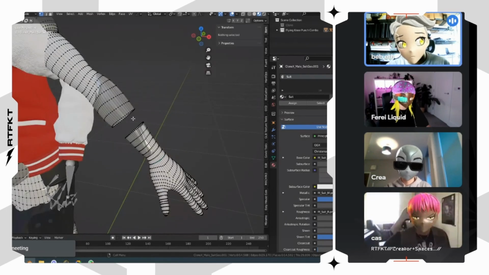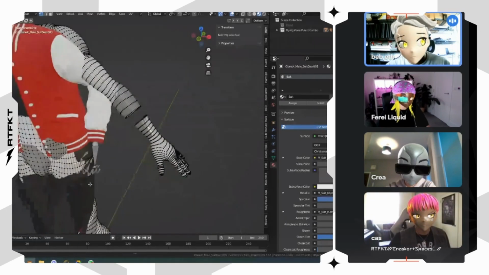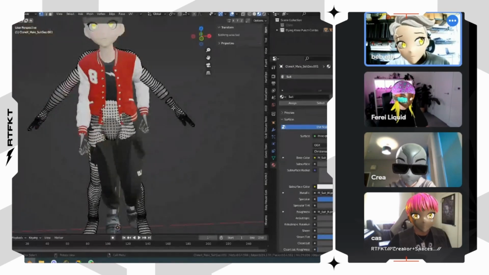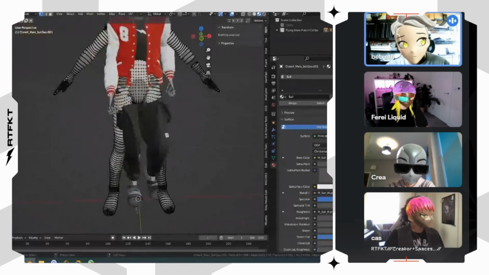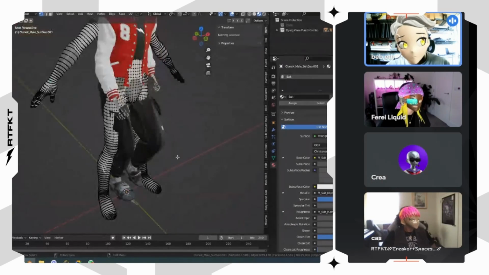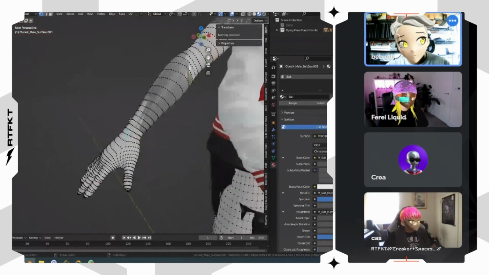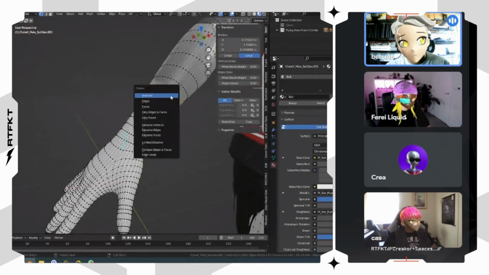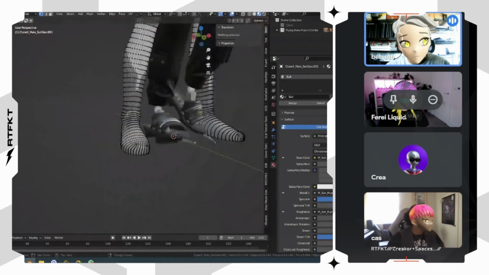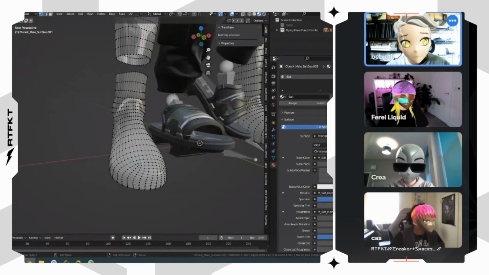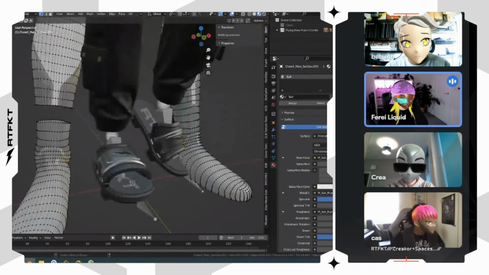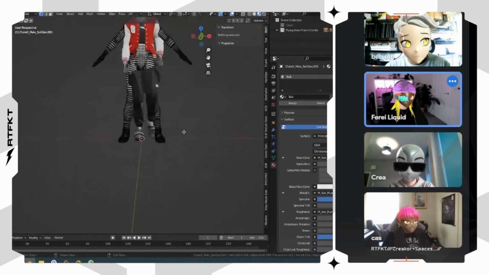So we're going to have to do that to each part of the body that has exposing parts. So all your hands and feet usually. So I'm just going to go around and make cuts on all the body parts. Alt, click, X, delete vertices. I realize it may be too late for this, but it is also worth